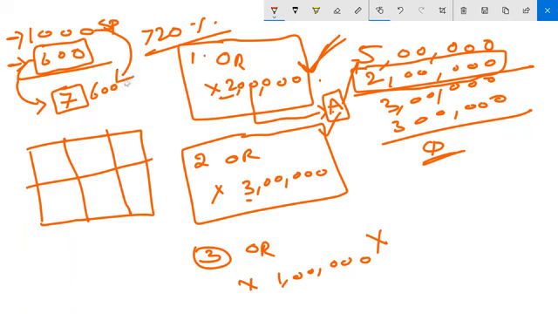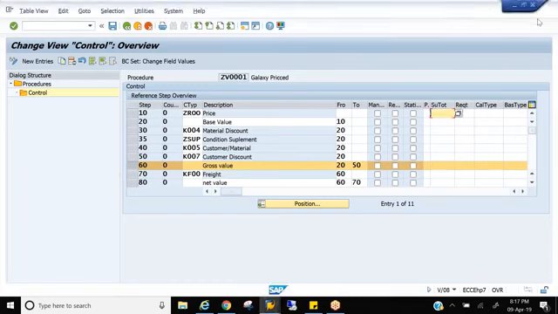You already have a formula, and what other thing do you need if you want to perform some calculation? You need data. So how will you get the data? You'll get that data from this particular subtotal.